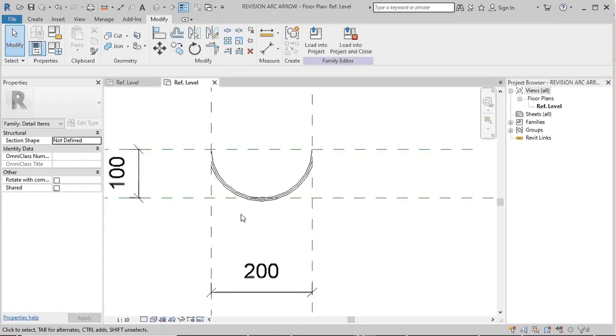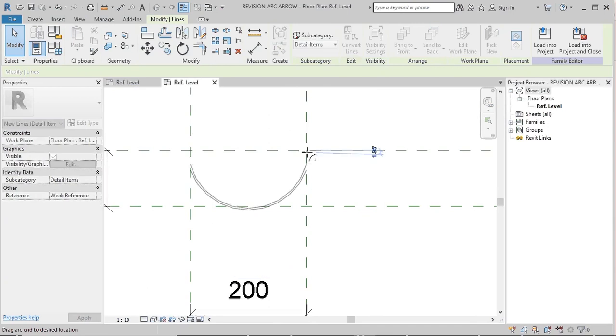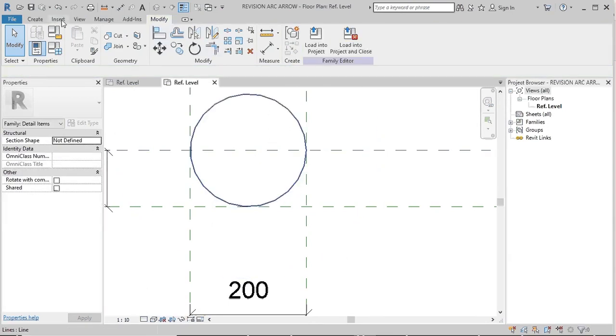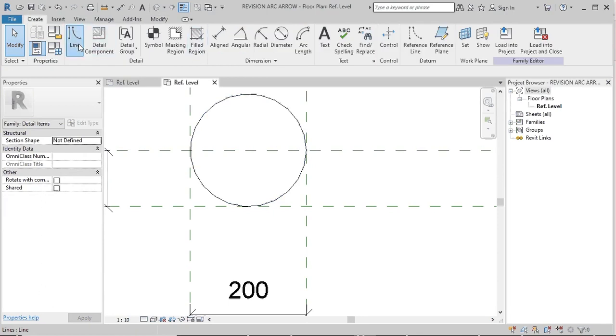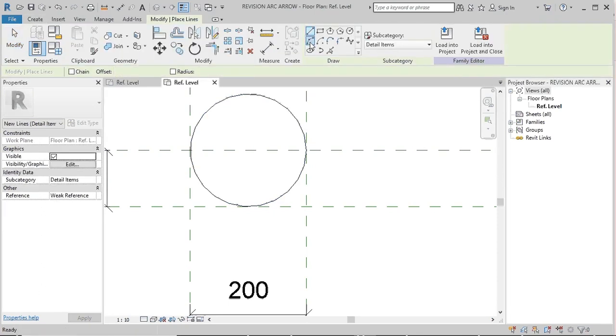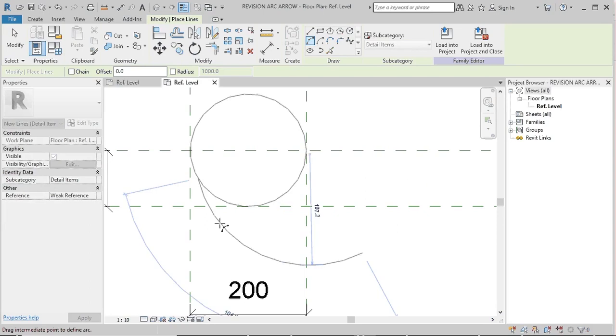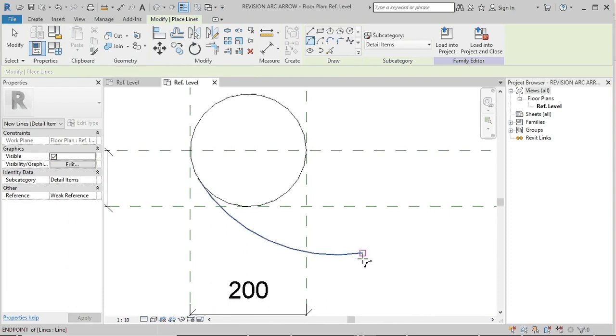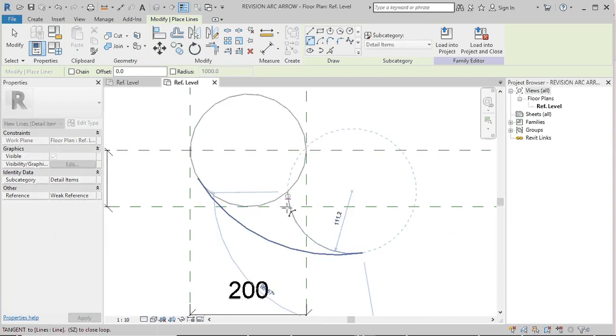I create the arrow because for a revision cloud we want to give a proper name. First of all, we cloud the variable correction. After that, you give one name: what is the reason for the changes in this area? That's why we need one arrow mark in the revision cloud.